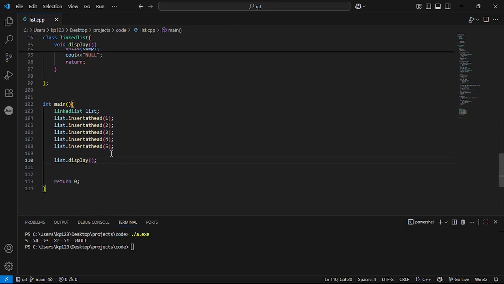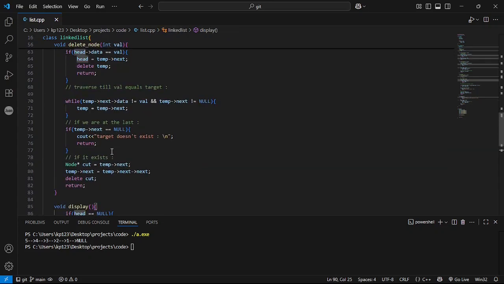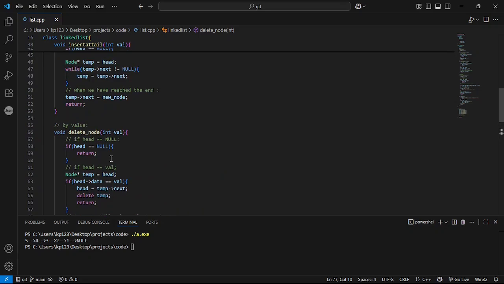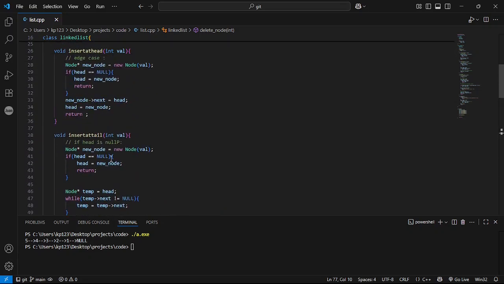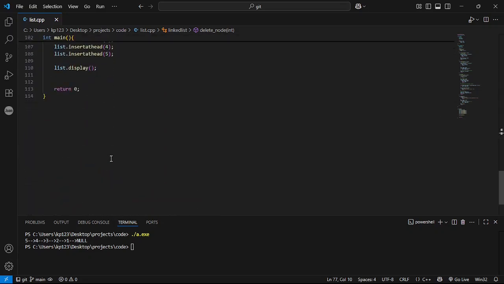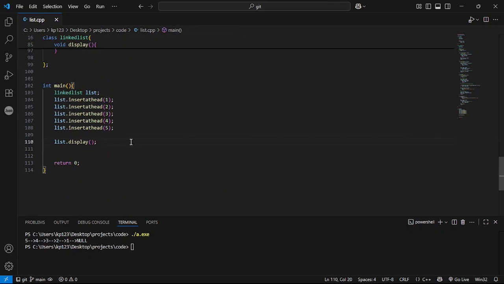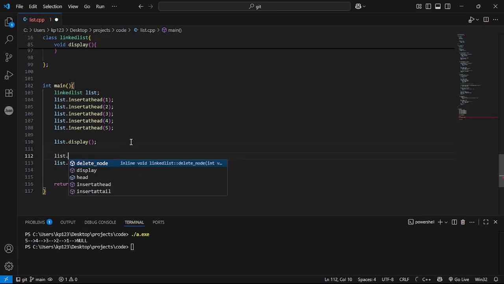Right now I just used two functions, which were insert at head and the display function. How many of the functions are left? Delete function and insert at tail. So let's first of all insert a few values at tail. list dot insert at tail.